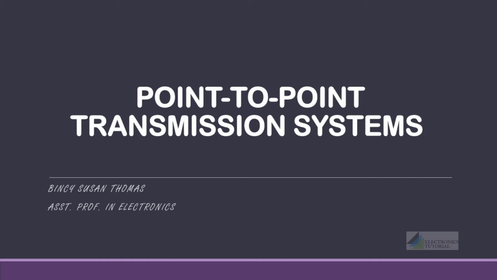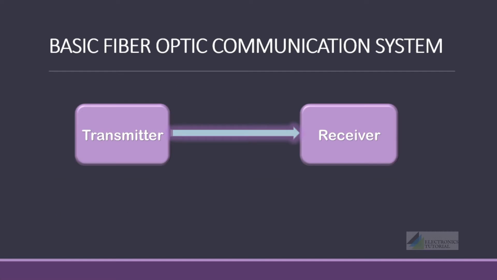Today we are going to discuss a simple topic, point-to-point optical transmission systems. A basic fiber optic communication system can be represented like this. We'll be having a transmitter and at the other end we'll be having a receiver. In between there is an interconnection known as channel, and for an optical communication system the channel will be an